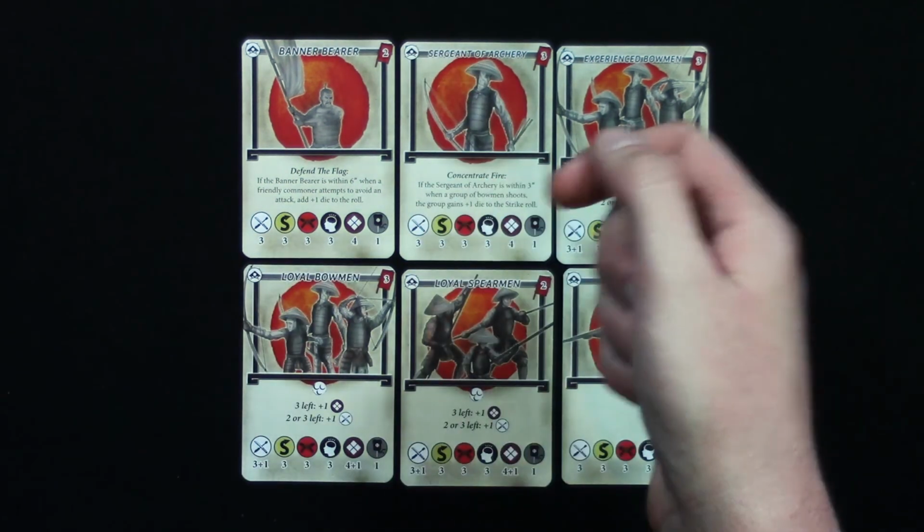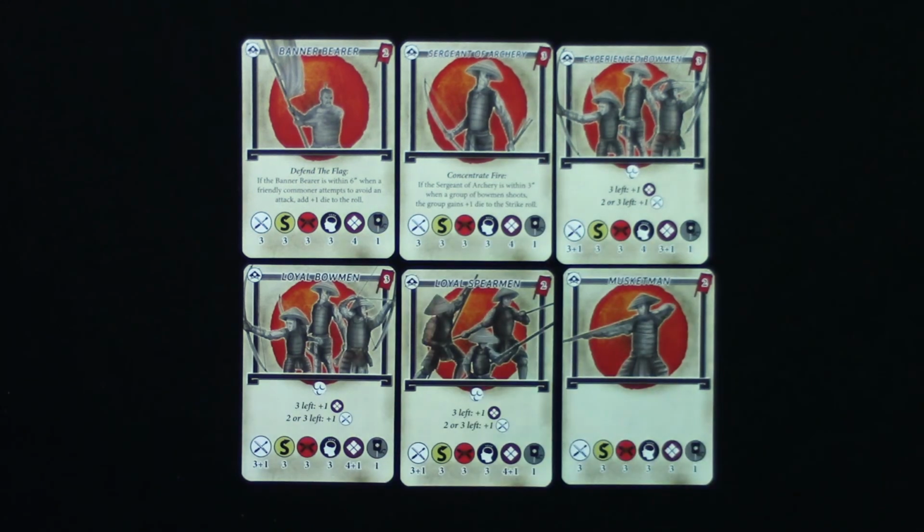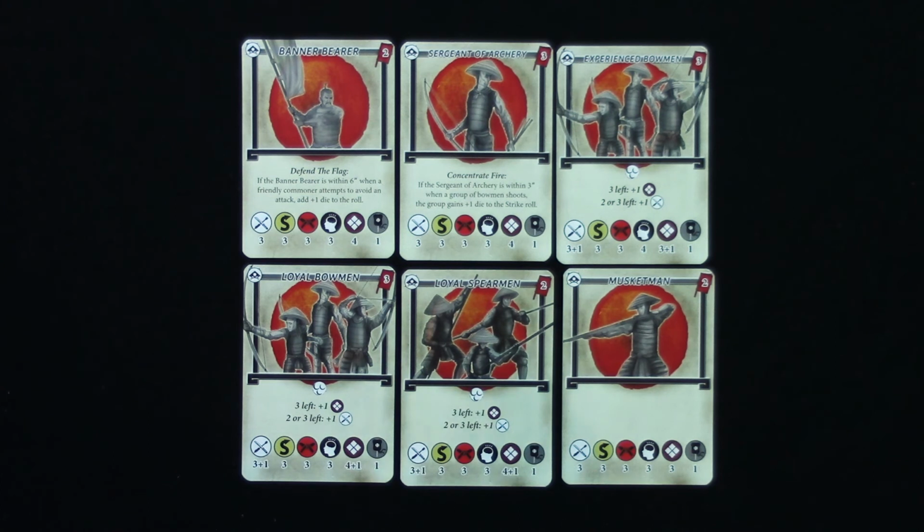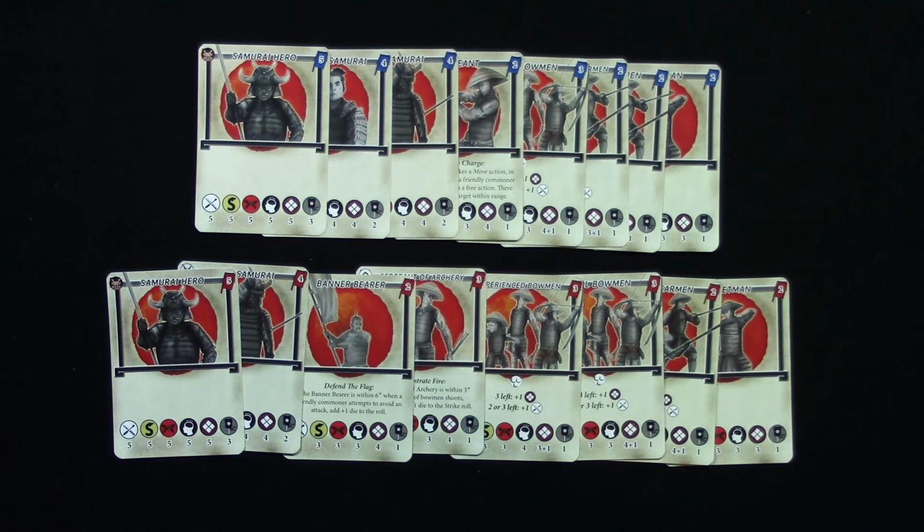3-3-3-3, 4 for the test of honor, and 1 activation. Do bear in mind though that his ability does say commoner and not samurai, so he makes your commoners better, but not your samurai. Okay, so that was a quick look at a couple of examples of 24-point warbands that